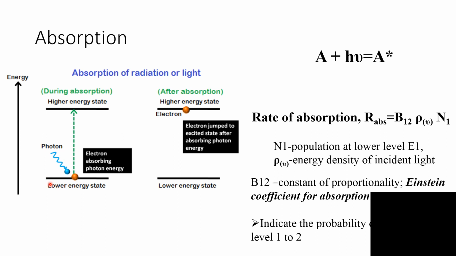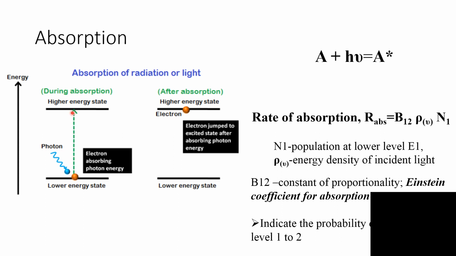We have an electron in this lower energy level. A photon comes up, and this photon has energy almost equal to the difference of these two energy levels. So when this photon comes, the electron absorbs it